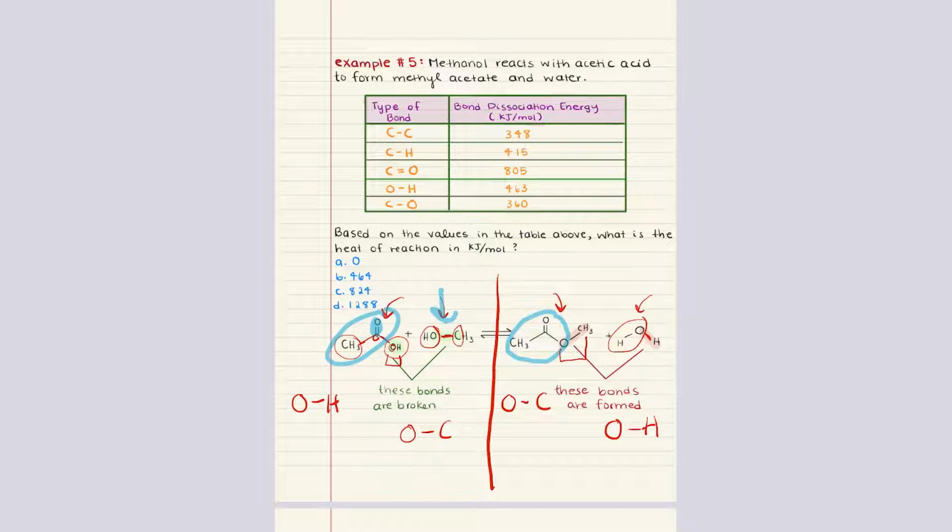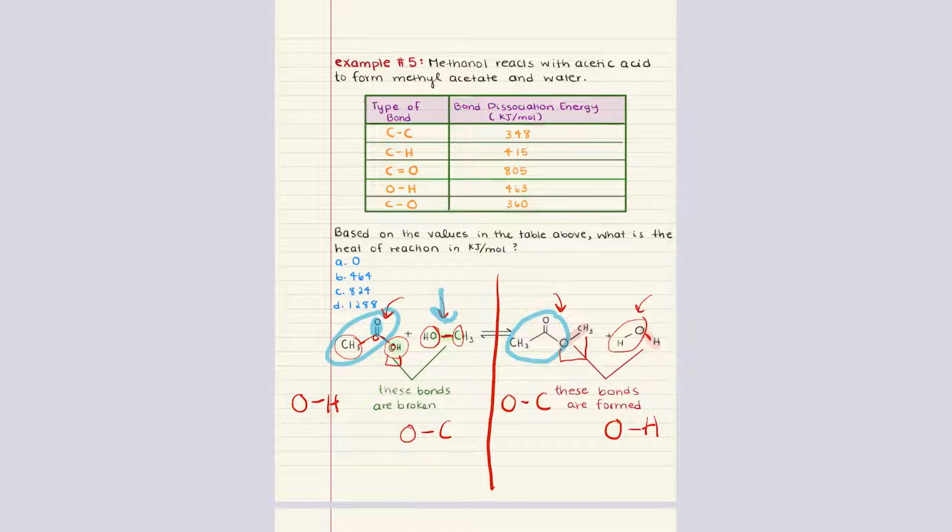Okay, so what we're noticing here is that 2 bonds are broken. A carbon-oxygen bond between the carbonyl carbon and the oxygen of acetic acid. And then the second bond that's broken is the oxygen-hydrogen bond between the hydroxyl oxygen and the hydrogen of methanol. Now, 2 bonds are also formed. A carbon-oxygen bond between the carbonyl carbon and the oxygen of methyl acetate. And then the second bond that's formed is an oxygen-hydrogen bond between a hydroxyl group and a hydrogen to form